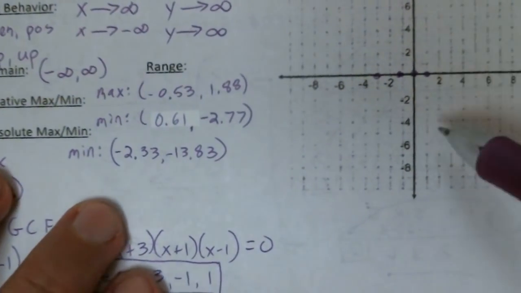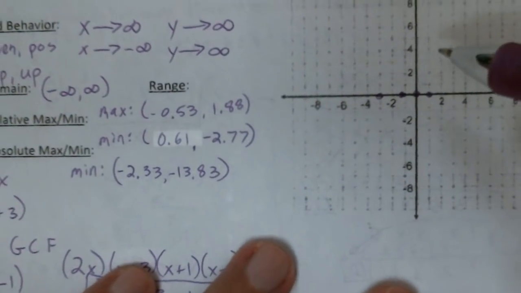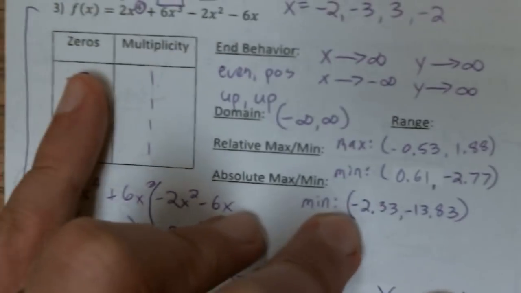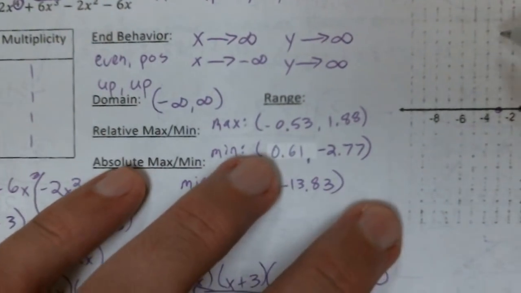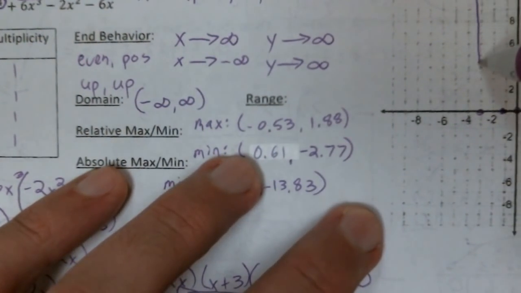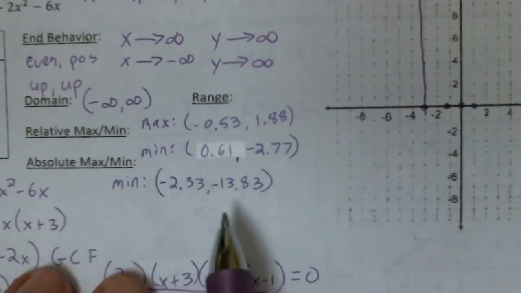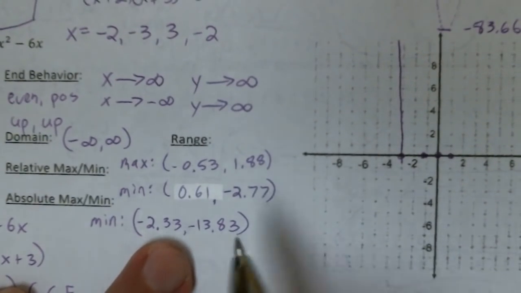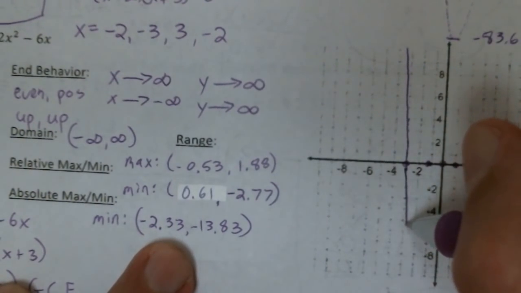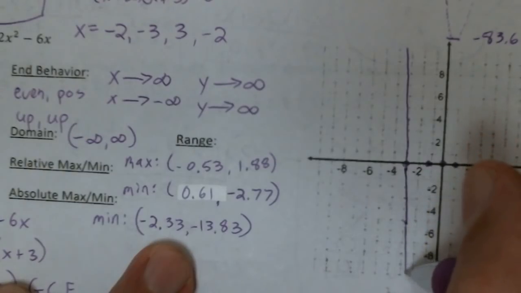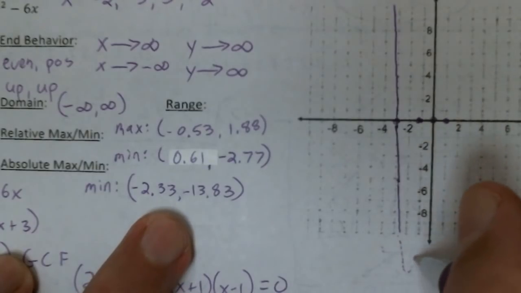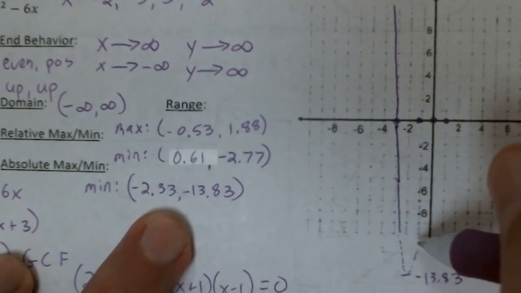All right. So before I do the range, let's go ahead and plot this so we can make the connection. All right, it's going to be up, up. Okay, so what happens at -3? It's going to go straight through it. That's a multiplicity of 1. Okay, so I'm going through -3, and then I got to go all the way down here to our absolute minimum, which is at -2.3, almost -14. So somewhere down here at a little over -2, at some point I'm going to go off the grid, and I'm going to hit this -13.83 number, and then I'm going to come back up,